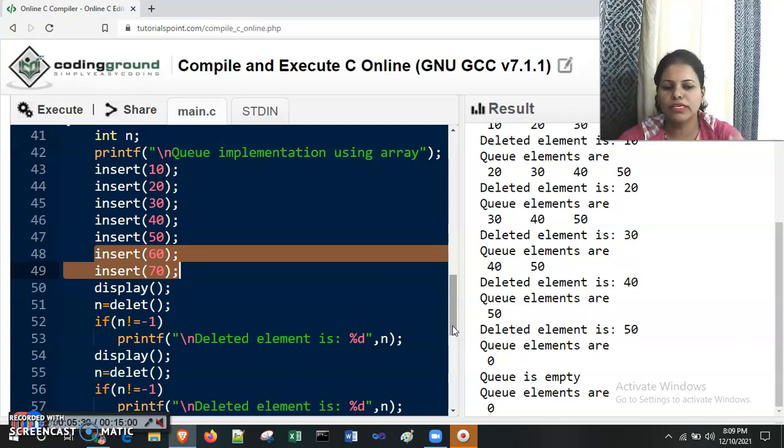Means circularly we see, if rear is at the last index, then we circularly move towards the first position, and if there is a space at front, then we store a new element at that position. So we move front and rear circularly, and if there is any space in between inside the array, then we insert the element.